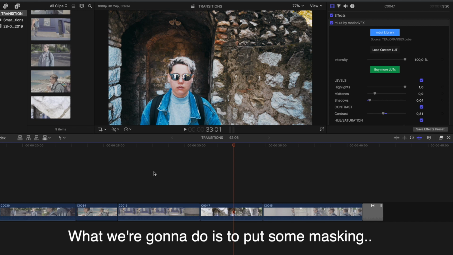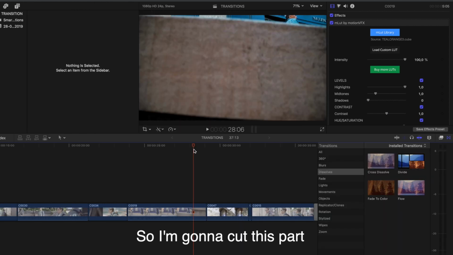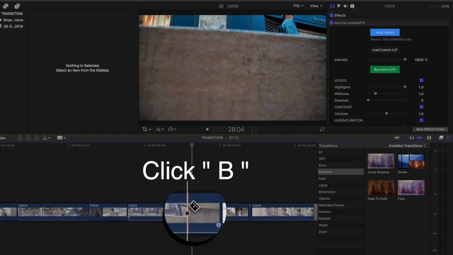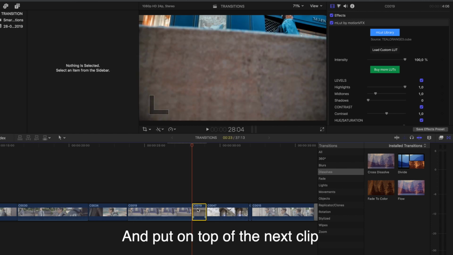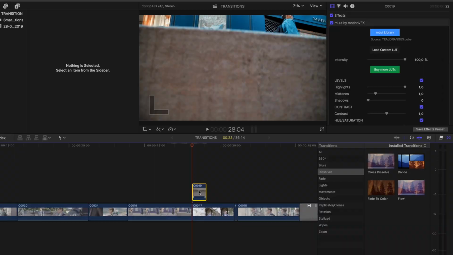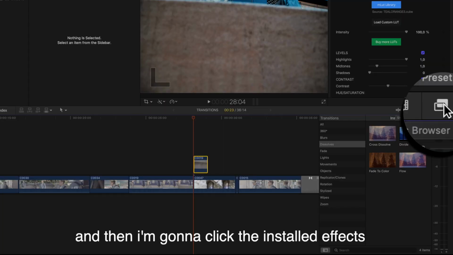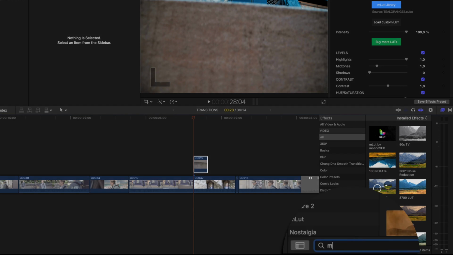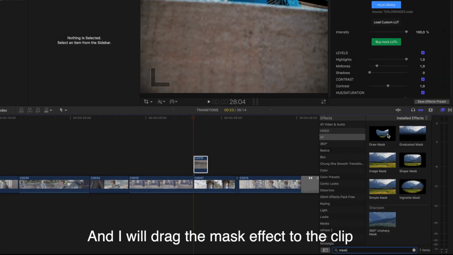What we're gonna do is to put some masking. So I'm gonna cut this part where these lines start to show up. Click before blade and put on top of the next clip. And then I'm gonna click the installed effects. I'm gonna write here mask, and I will drag the mask effect to the clip,